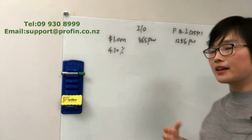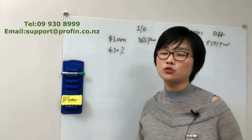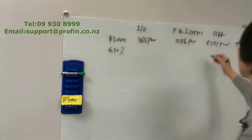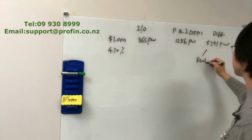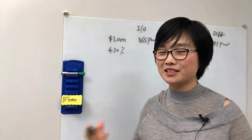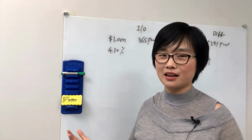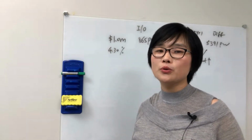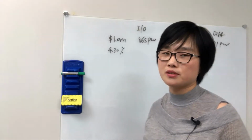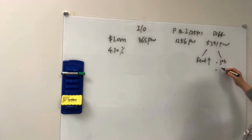Now, they obviously have to find additional cash to pay that extra $400, right? One way to do that is to increase rent. So let's put in a rent increase. However, you can't really pass the entire $400 per week on to tenants, right? It's just impossible. No tenants can afford that. So the remaining income has to come from other sources, like job income or a boarder